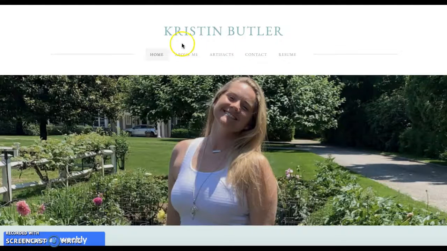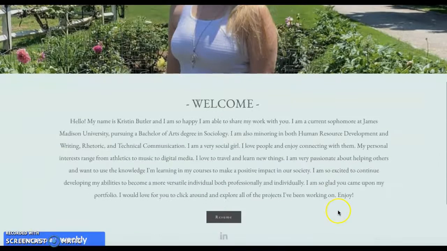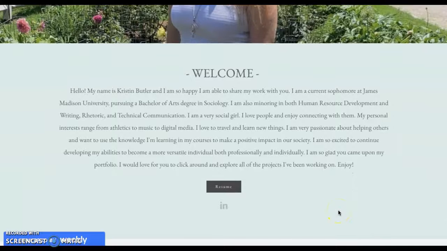This is my homepage. At the top I have my name, beneath there I have a menu selections tab, an image of myself, and then if you scroll down a tiny bit I have a little introduction paragraph about me, basically highlighting who I am, my major, my minor, and a little bit more information about me in regards to